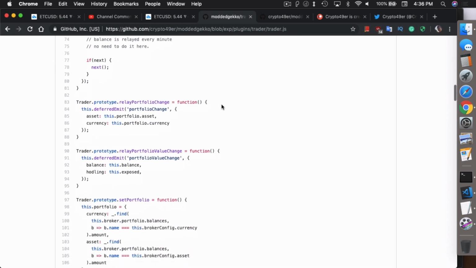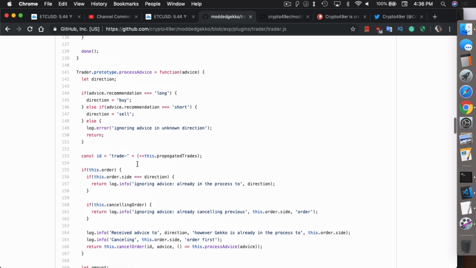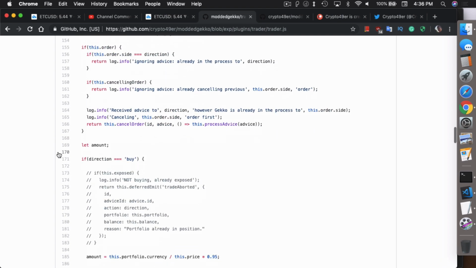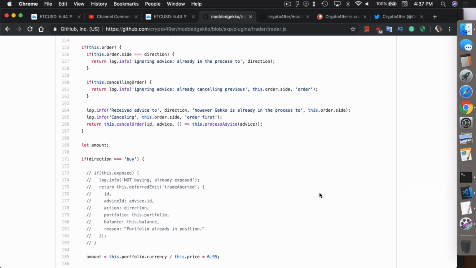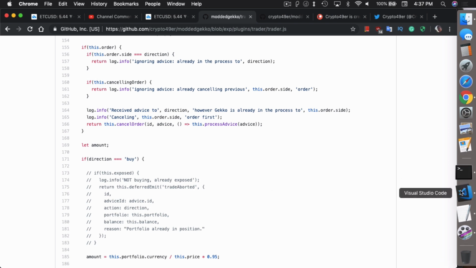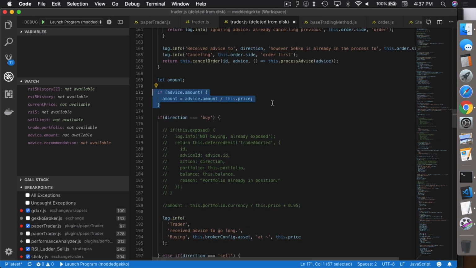Right now, if you look at the amounts, let me see where it is. It's on the process advice function right here, and then let amounts. This is it, let amount, and it doesn't actually use the amount that's inside the advice. It's supposed to use that amount, but it doesn't. If you look at the code I pulled down from a working bot that I have on one of my VMs,